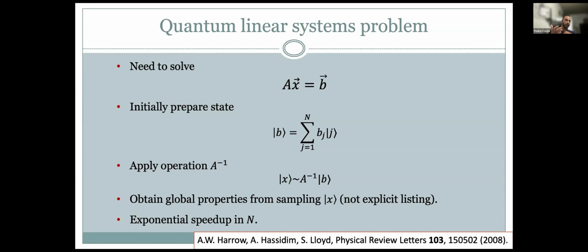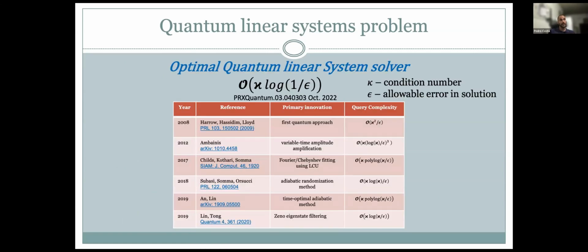This was first proposed by HHL. These were groundbreaking results. And here I just show the list of how the improvements happened since HHL. But the better improvements, to remove the quadratic dependency and get the exponential advantage in the allowable error in the solution, epsilon, were given by approaches using adiabatic quantum computation.